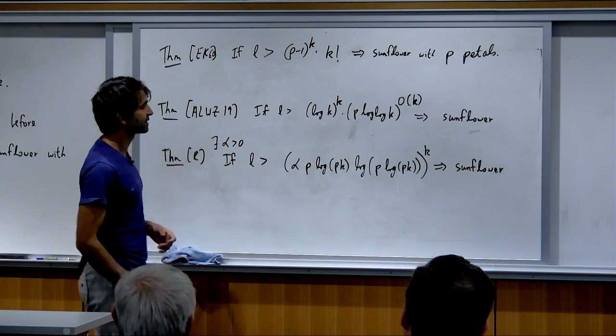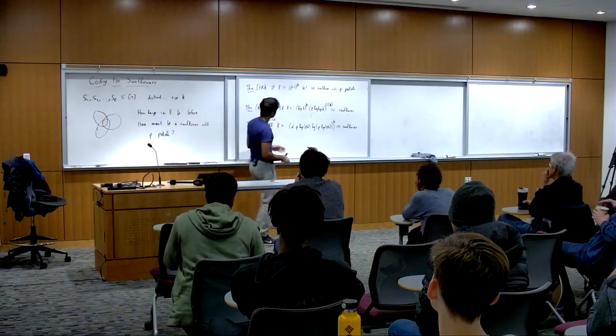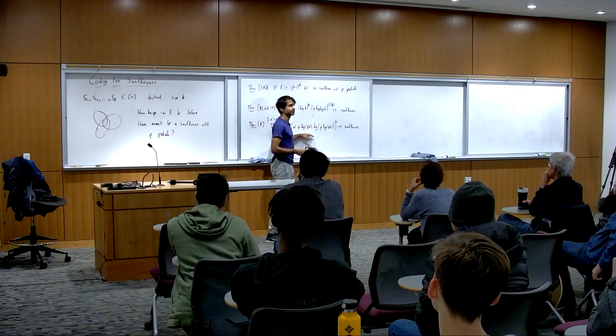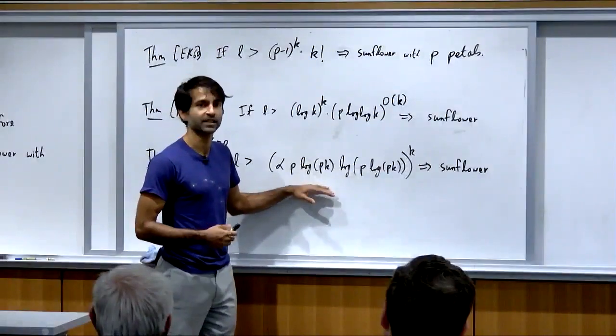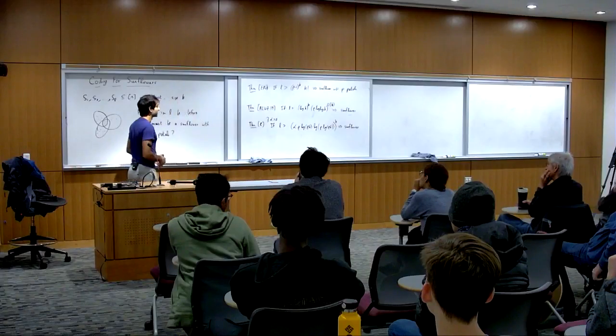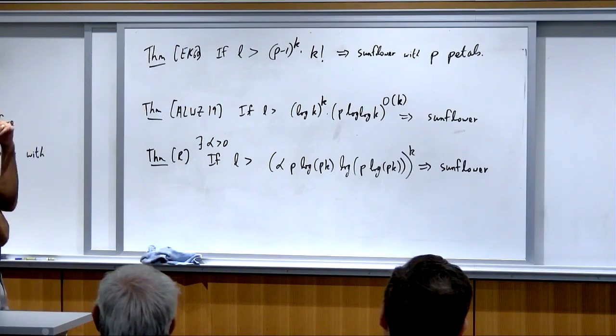And it's still open what the correct bound is, but these kinds of bounds seem to be really somehow limited by the kinds of proof we're going to use to prove them. So I would imagine that to beat this bound, you need to have a different idea or a better idea.